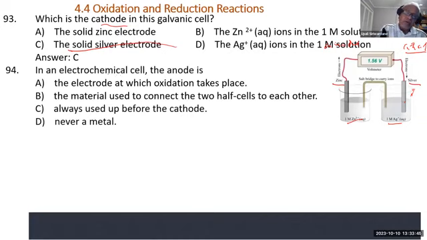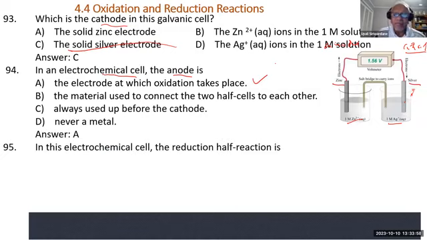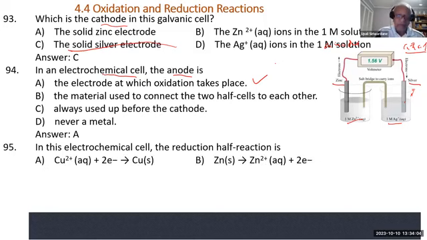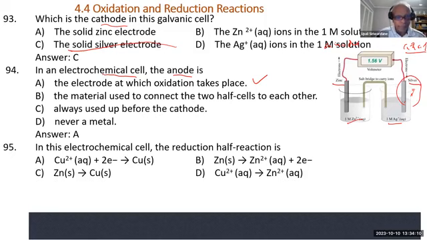In an electrochemical cell or galvanic cell, the anode is the electrode at which oxidation takes place. So that's the correct answer. In this electrochemical cell, the reduction reaction occurs at silver. Therefore, you have to pick up the